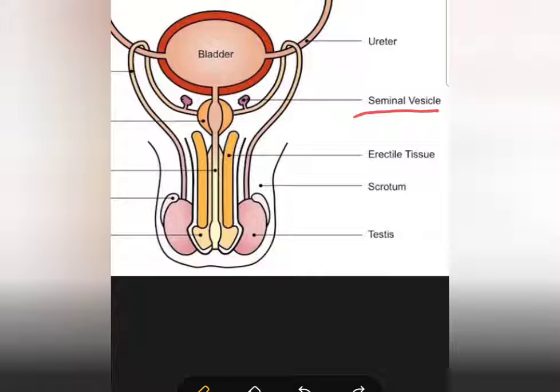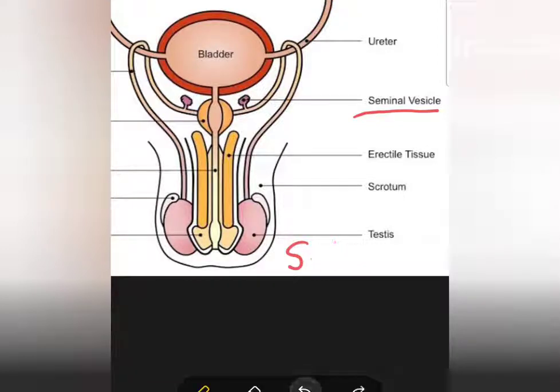Now, what is the function of the seminal vesicle? Basically, they do not store the growing sperm, but what do they do? They act as accessory organs, and they act as an activator. They activate the sperm, so that after being activated by the secretions of the seminal vesicle, the sperm can attain maturity. Also, the seminal vesicle secretes a thick alkaline fluid that mixes with the sperm to form semen. You all know what semen is.